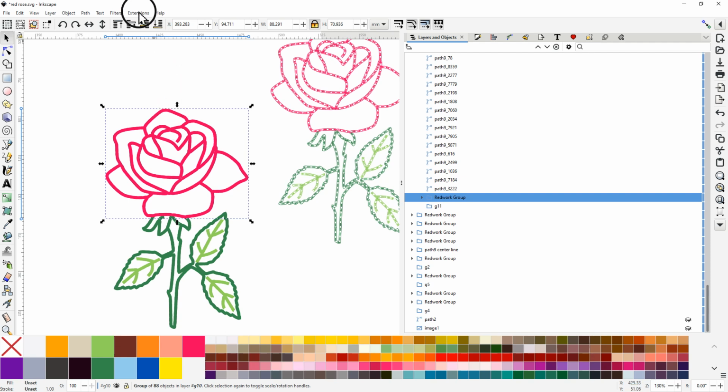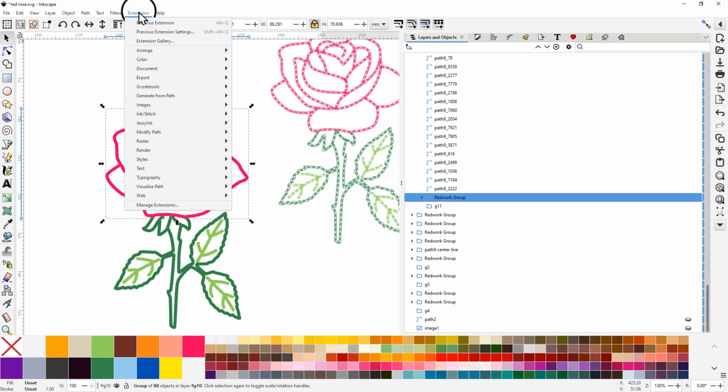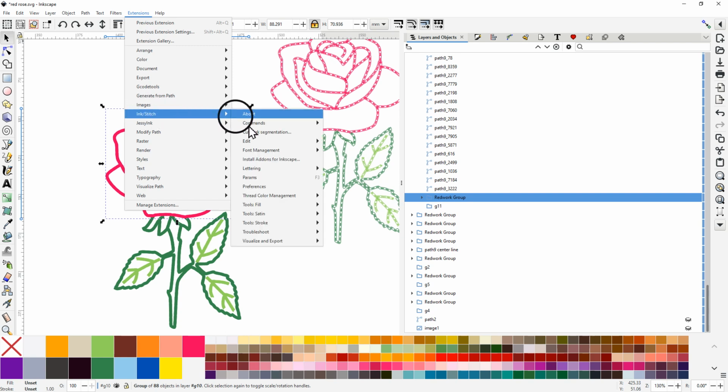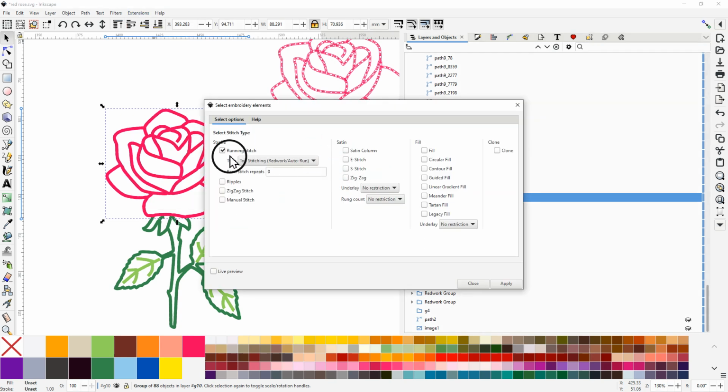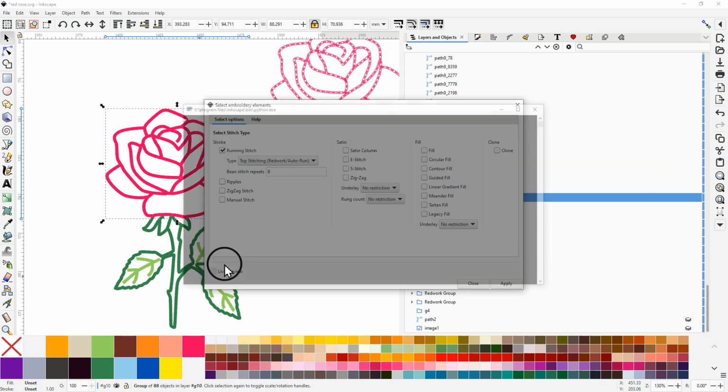Also, we can go here to Ink/Stitch, and we go to edit, and we select embroidery elements, and there I can select the running stitch, and I can go top stitching of the redwork, and then I can go here to the live preview,